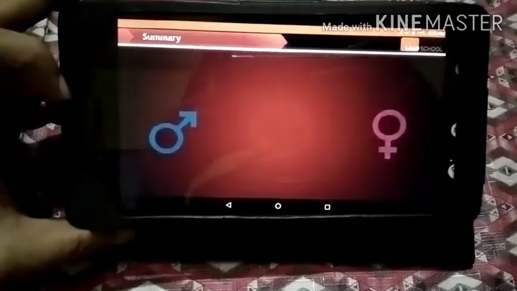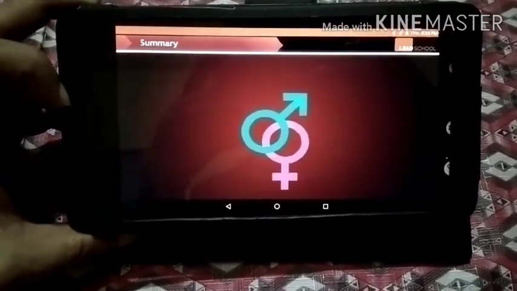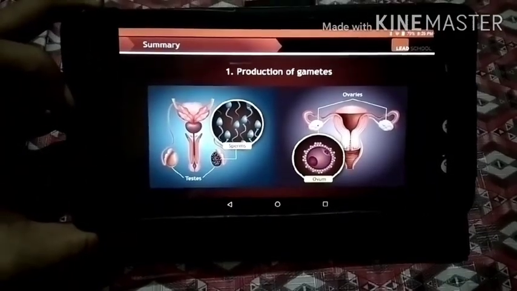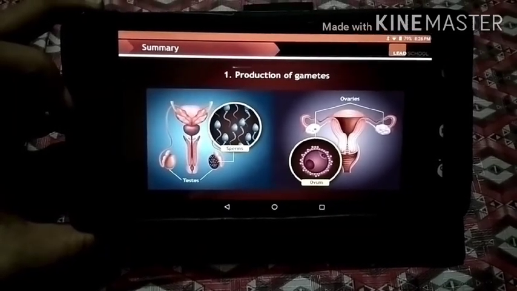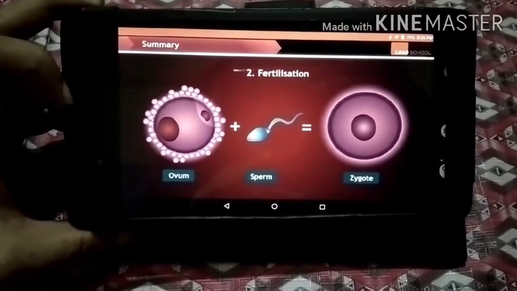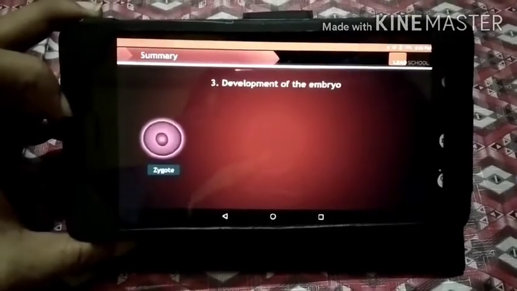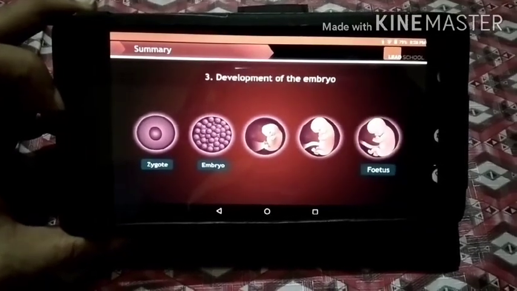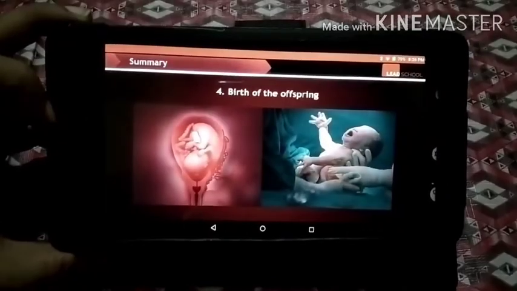So today, we learned about the steps of sexual reproduction in humans. Let's quickly summarize them. The male gametes or sperms are produced in the testes and the female gametes or ova are produced in the ovaries. Fertilization takes place in one of the oviducts of the female reproductive system, leading to the formation of a zygote. The zygote develops into an embryo and the embryo further develops into a fetus inside the uterus. When the fetus is fully developed,